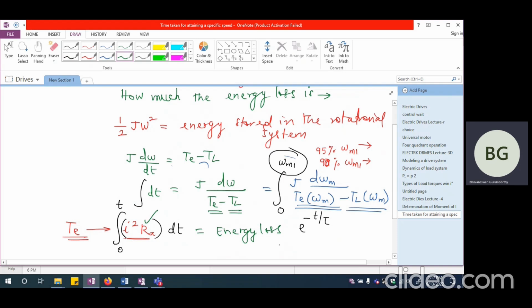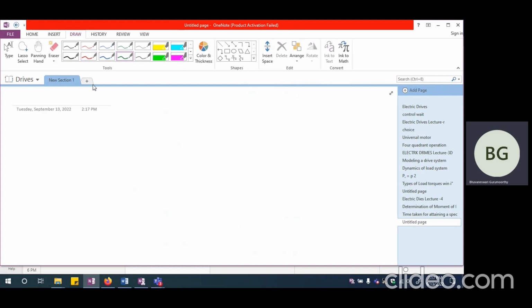Then I should be able to calculate the energy loss. Okay. Now, having looked at these three factors, the first thing we had seen was a system with